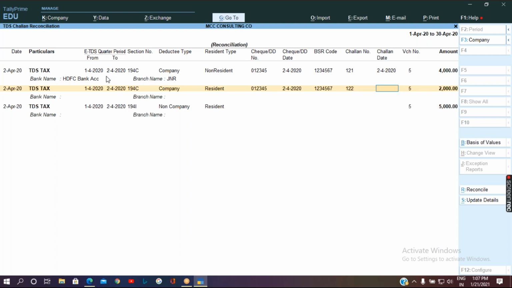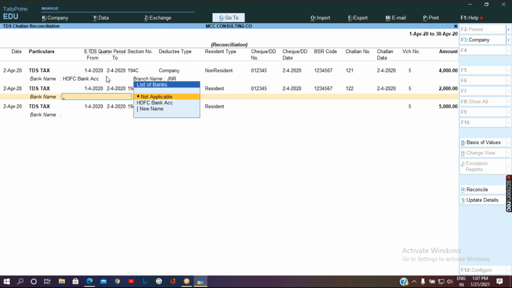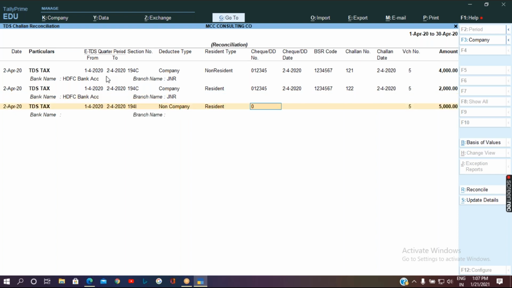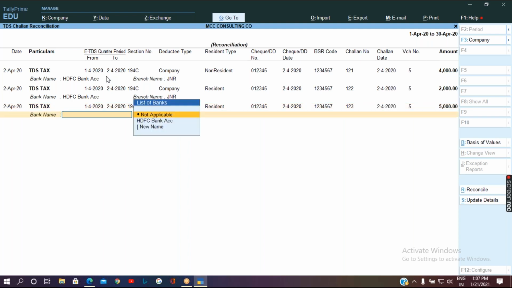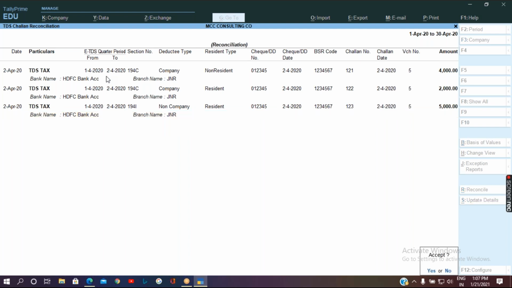Challan number is another. So let me give these details and accept the screen.